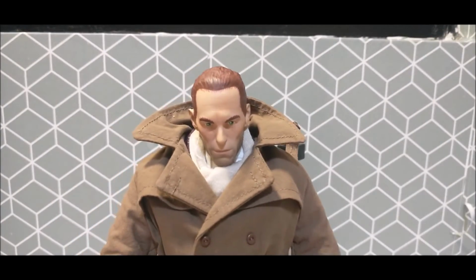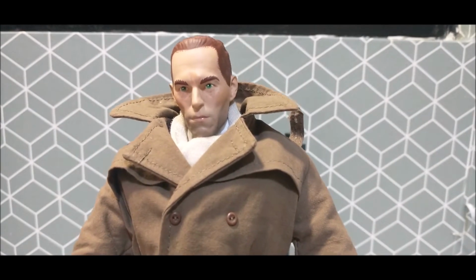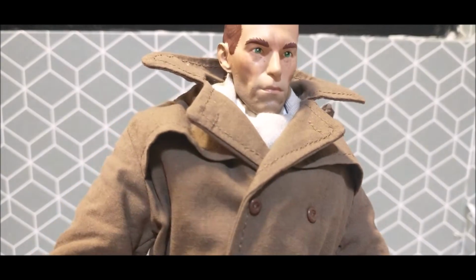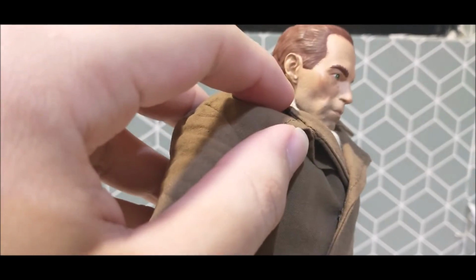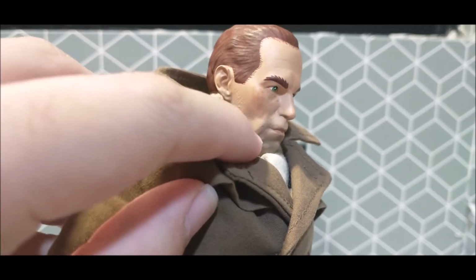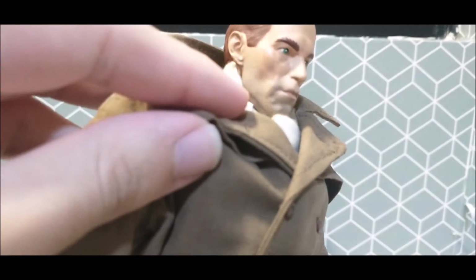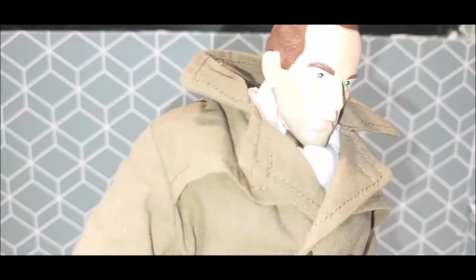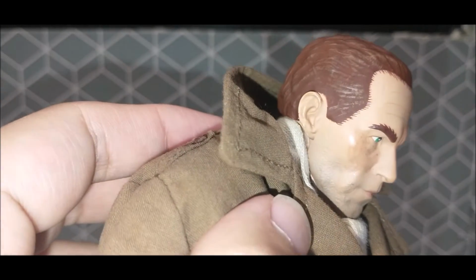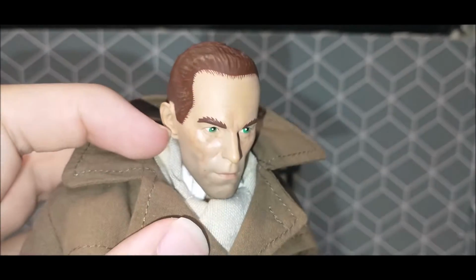Yeah, that's Walter Kovacs, Jackie Earle Haley. Oh my gosh, it's just so cool. Look at the detail on this, man. Look at the lips. I ain't gay or anything, but look at the lips, man. Look at the beard, the scuff on the beard. He doesn't have a beard or anything, but you can see the skin detail. Let me turn my light on. All right, now I think you guys can see the detail on the chin, on the face. It's just